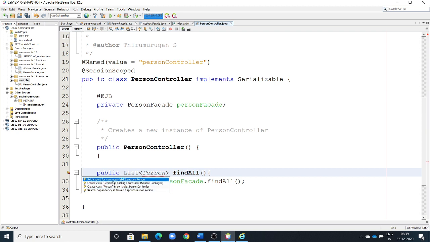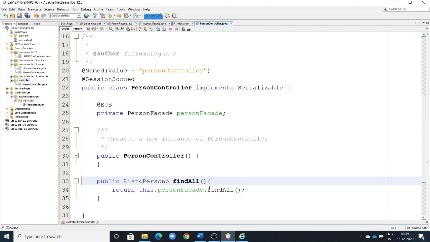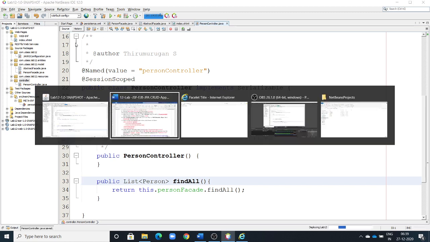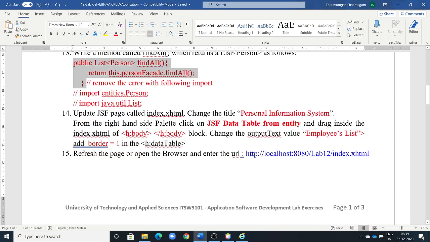If no import option comes up, then you created the wrong class name, meaning the entity class from the database's name is wrong. So be careful. Okay, now it is successfully done. Now save. It is very important to say that afterwards we are not going to run it. Now the error is also removed.